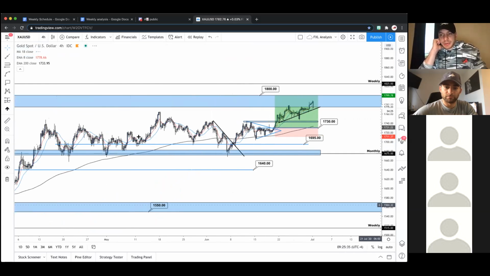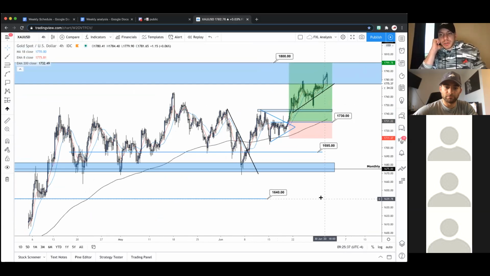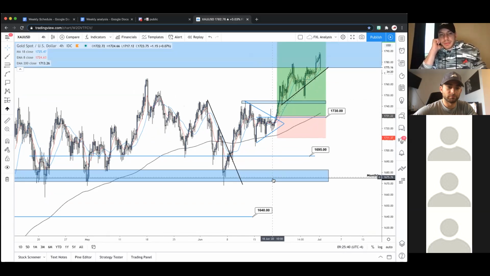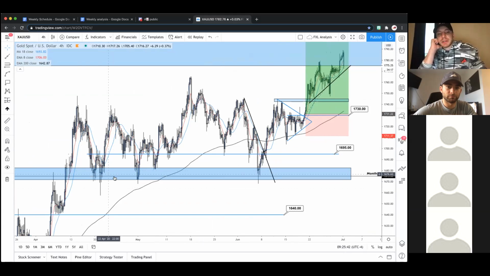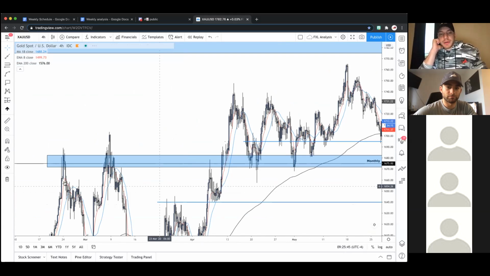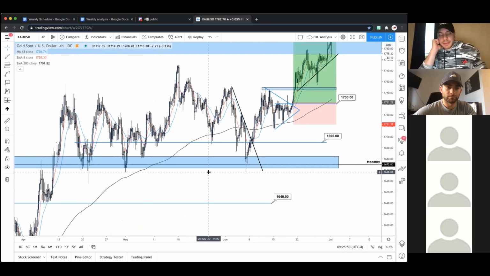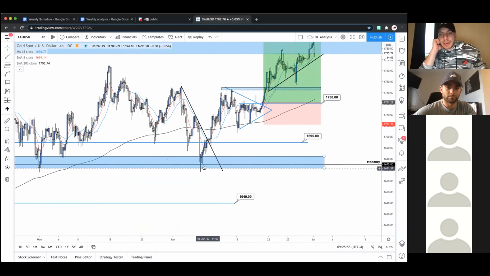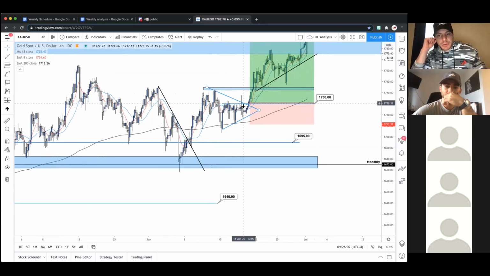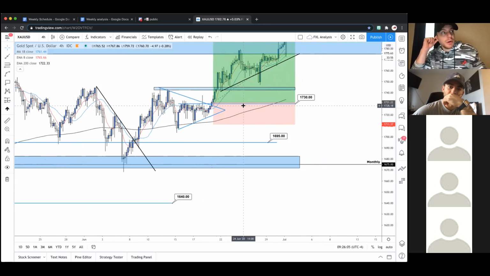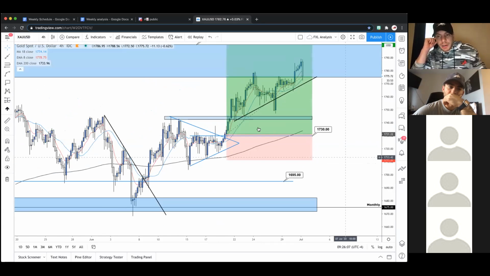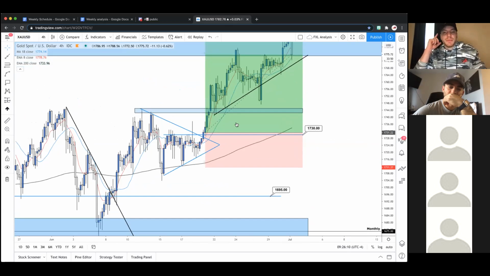All right, this is pretty textbook. I love how this has been forming structure, has been forming patterns. Pretty easy to read, not gonna lie. So this monthly zone was pretty key. We saw a break over here. Tested resistance. It finally broke. And then it held this level very, very strongly as support, consolidating. Finally, we got one more touch at the monthly, and then it transitioned to the upside here. Broke through a lot of minor structure levels, gave us a symmetrical triangle, and then broke right on the 1730 area, which had so much influence in here.